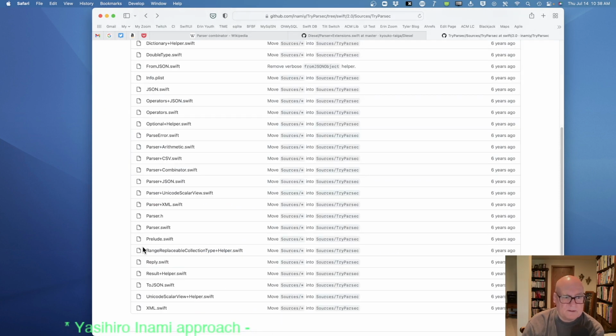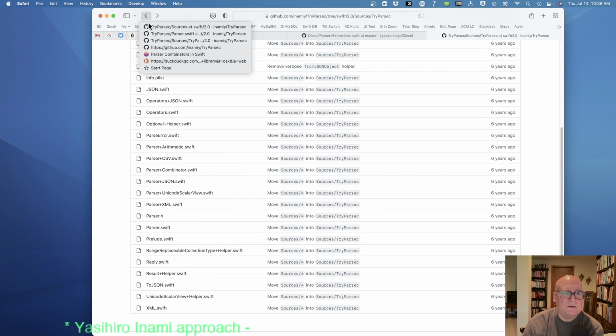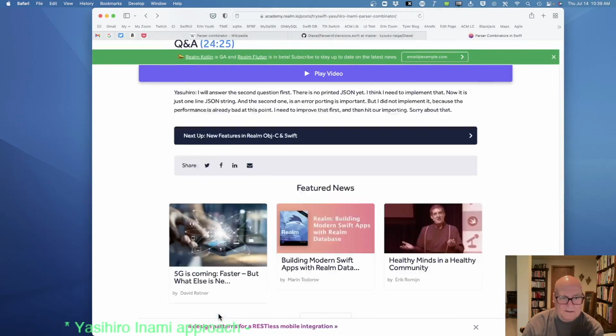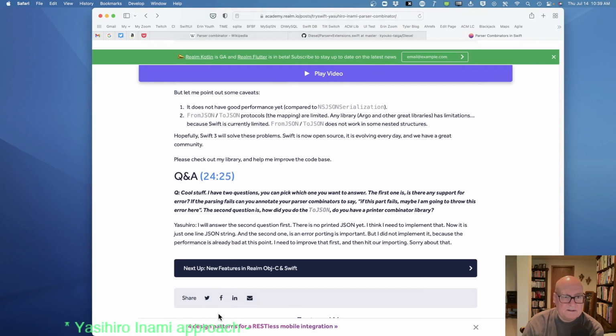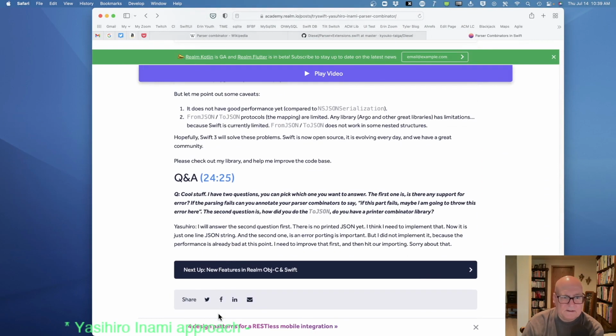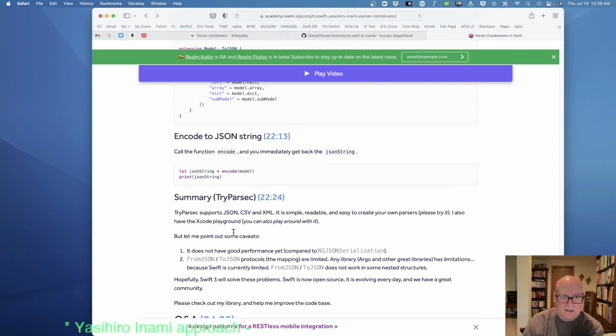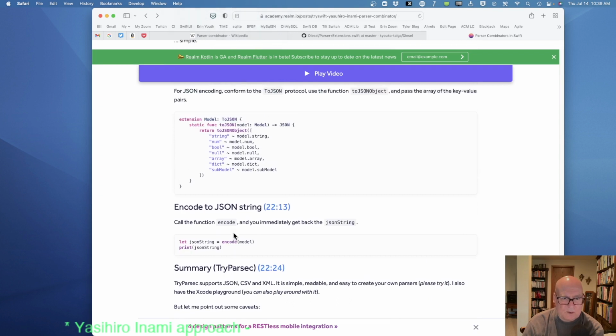I know in the paper, let's see where to go. I guess I lost it. At the end, somewhere the performance is already bad. So I don't know if this is just kind of a toy project.